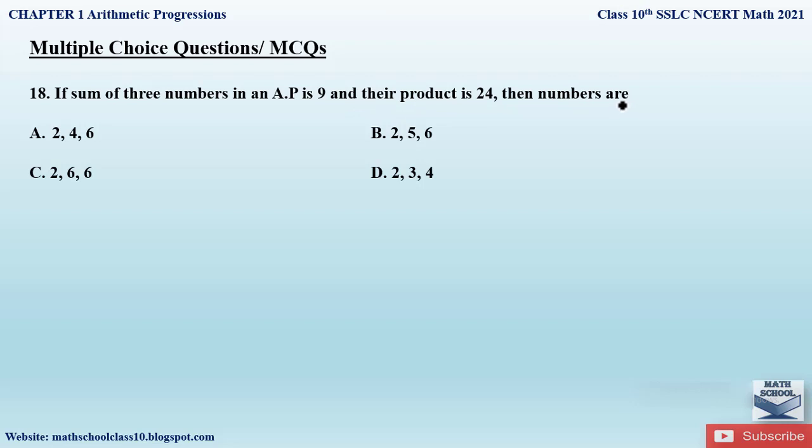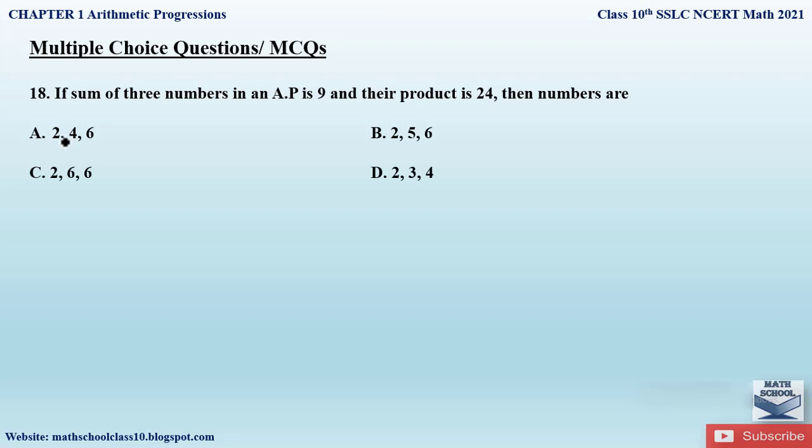So here again, if it was a 4 mark, 3 mark or a 5 mark question, we could have used the formulas and found the result. But since it is a 1 mark question, let us use the shortcut method or trick by using the given options itself, right? So they are saying that we have three numbers whose sum should be equal to 9, right? So let us take the first option.